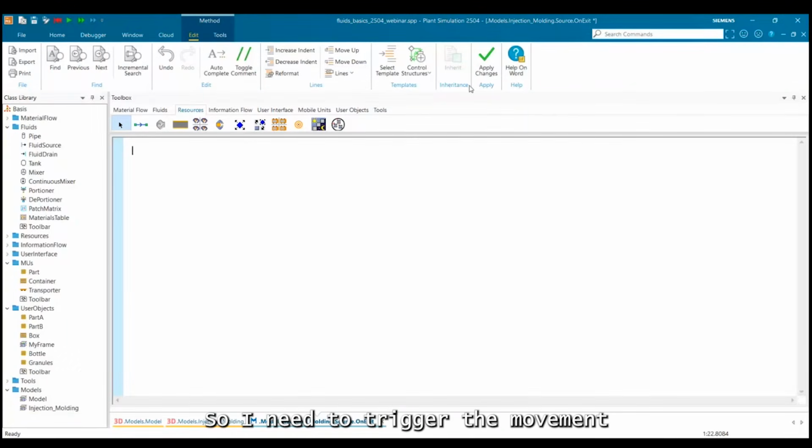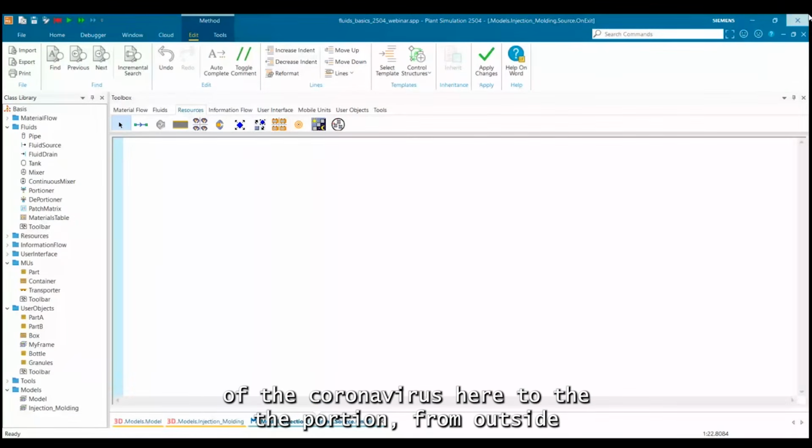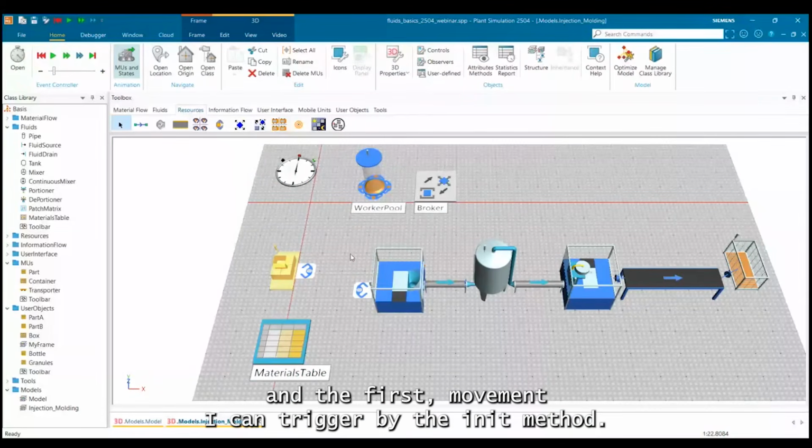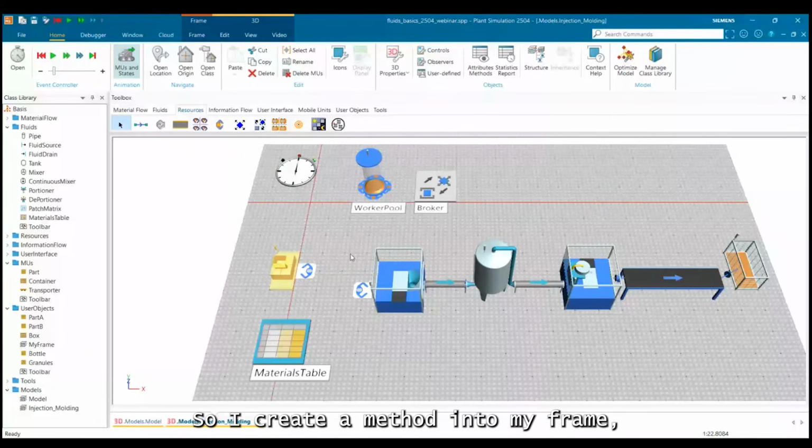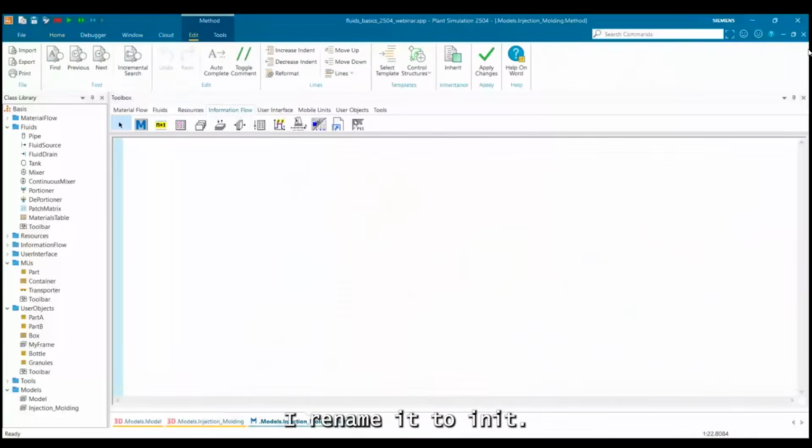So I need to trigger the movement of the granules here to the deportioner from outside. And the first movement I can trigger by the init method. So I create a method in my frame. I rename it to init.